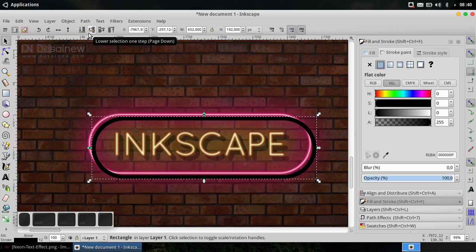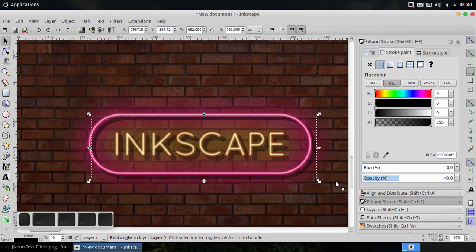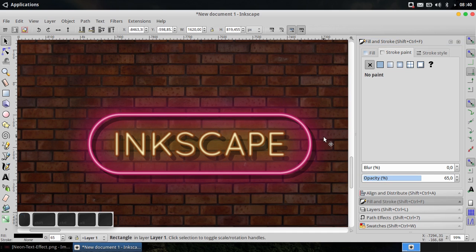And then click lower selection one step and click again, and for opacity it is 40. And finally, we have created a neon text effect in Inkscape.